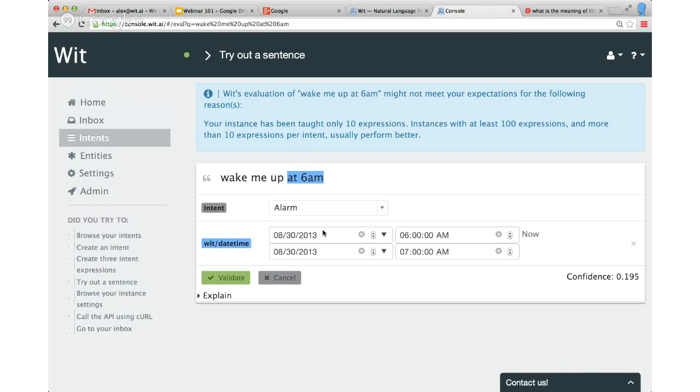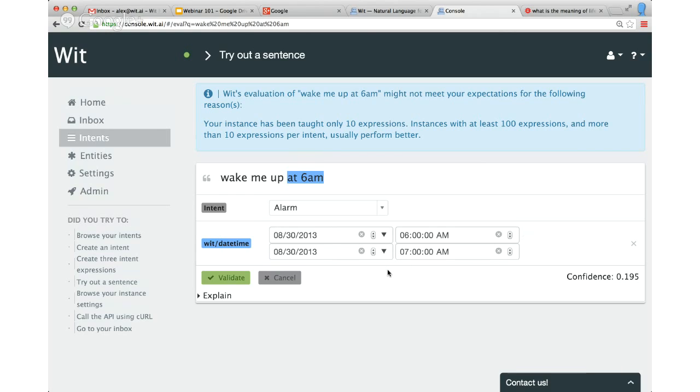And so why do we have an interval? Just a side information. Because in some cases, it's useful to have an interval. If you say from Thursday to Friday, for instance, this is an interval, but also it's a matter of precision. When you say 6 a.m., we say, okay, this is a span from 6 to 7. If you say 6:00 a.m., we'd say this is a span from 6:00 to 6:01. So it's a good way to not lose some information that is conveyed by the sentence in English in the